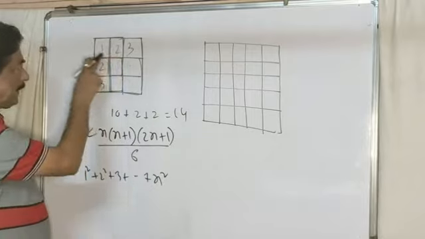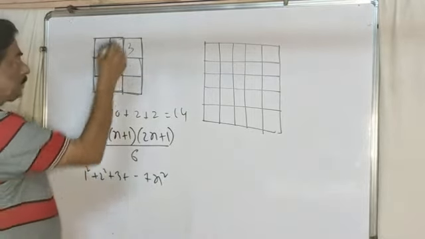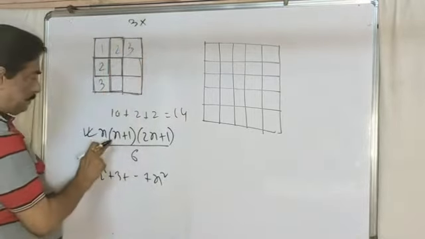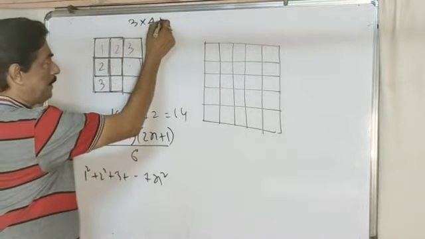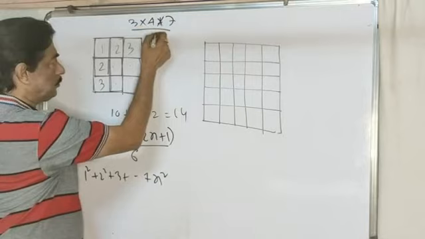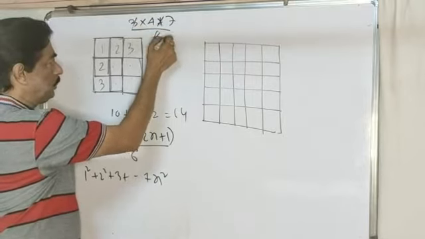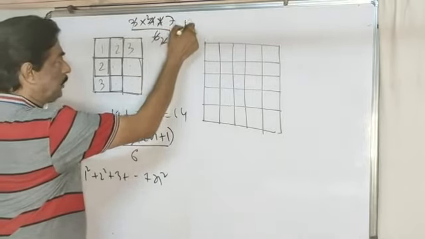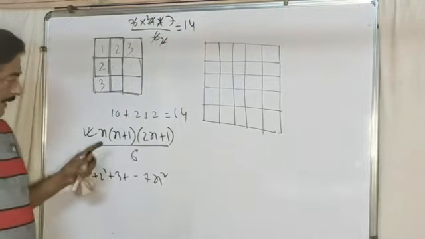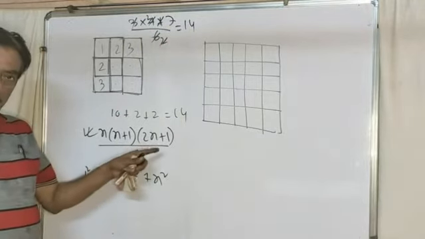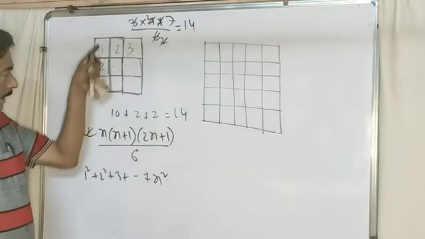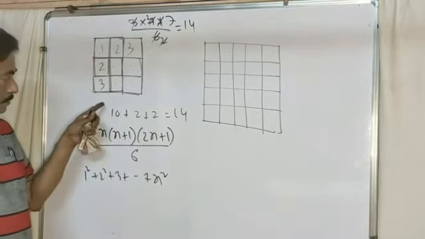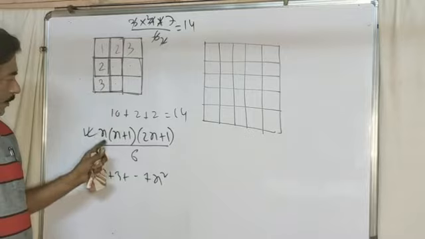So in the case of n equals 3, put n equals 3. So 3 into 3 plus 1 is 4, plus 2 into 3 plus 1 is 7, by 6. We can write these two. So result is 14. So n into n plus 1 into 2n plus 1 by 6, this is the chessboard problem formula. If horizontal and vertical maximum lines are the same, maximum values are the same, we can apply it.